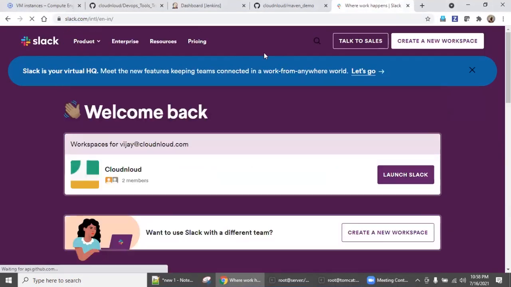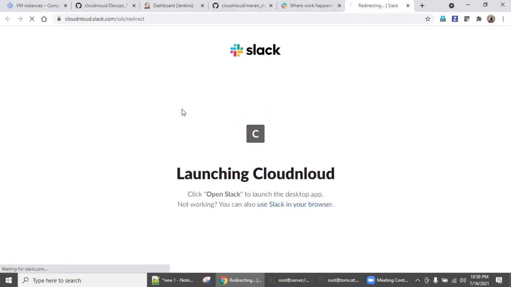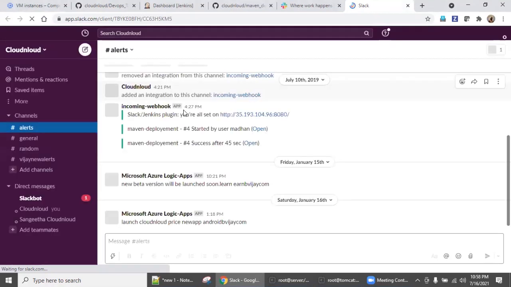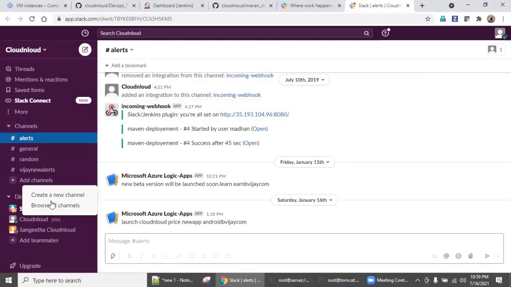You can create one account and create one workspace. I'm going inside the workspace. There will be a lot of channels, right? So we will create one new channel so that you won't get confused. We will not go with an existing channel, because configuration-wise everything is the same, but let's go with a new channel.